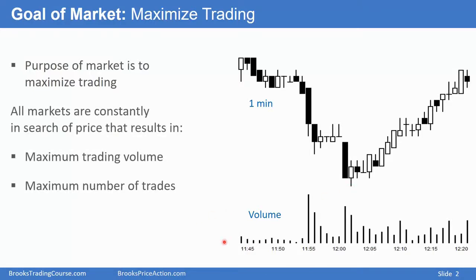All markets are constantly in search of the best price, a fair price. And that usually means a price where trading volume will be maximum and the maximum number of trades will take place. So not just big volume, but big trades, lots of trades. And the market usually has to go too far to find out how far enough is. And then it tends to oscillate around the fair price. New information is constantly coming into the market, and eventually the market decides that the price is wrong and that it's either too high or too low, and it then has to probe in search of another fair price.